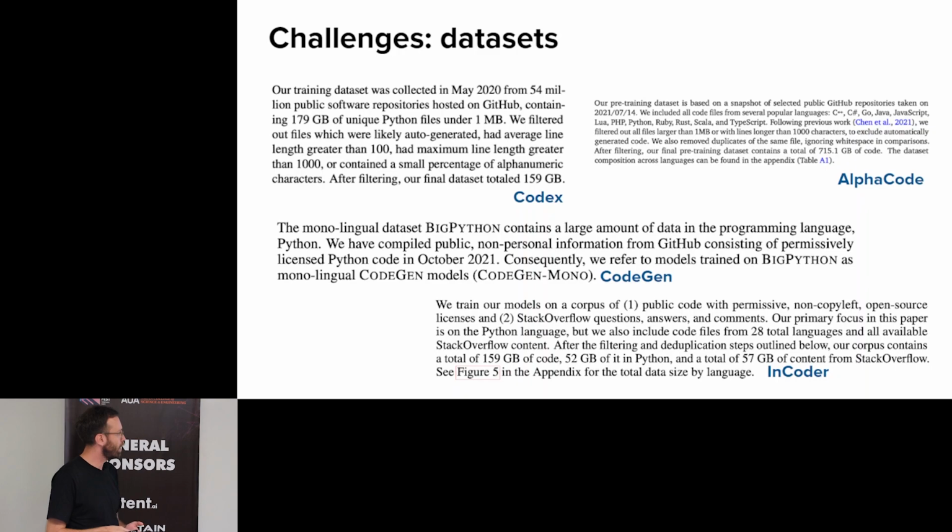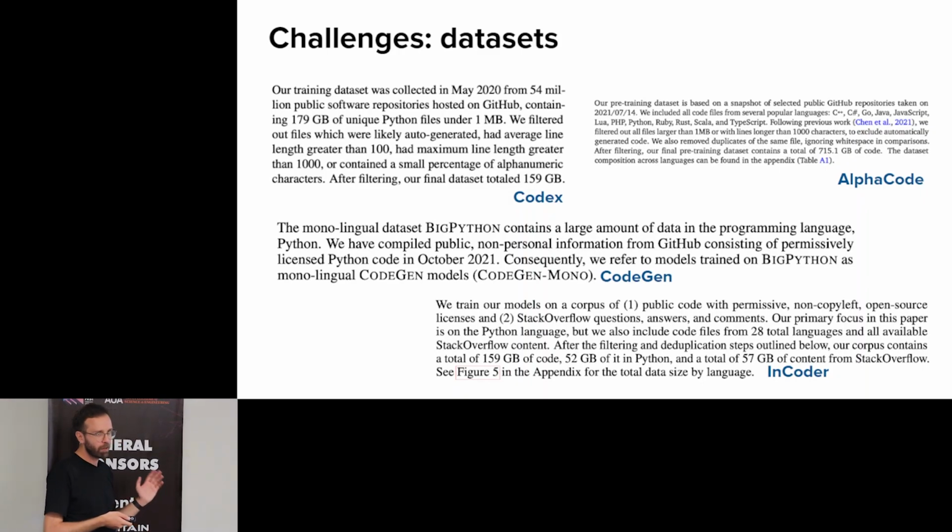You don't know what kind of licenses they used, which is a pretty important thing if you want to build commercial applications. You don't want to generate commercial code, which happened, I think, at the very beginning of Codex. They generated Doom source code, which people were not too happy about. So everybody who wants to redo that, we have the Python dataset,